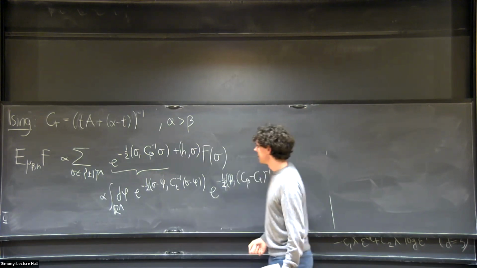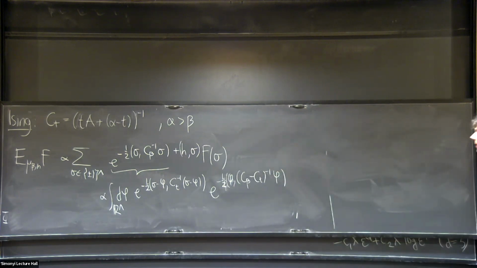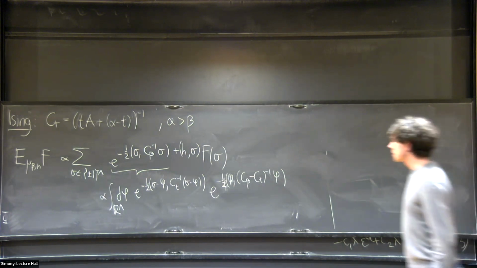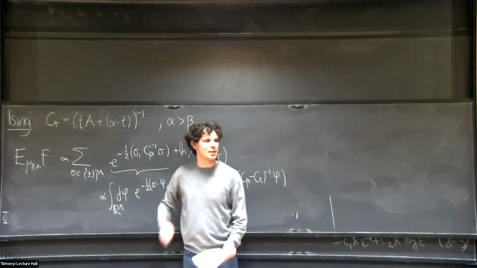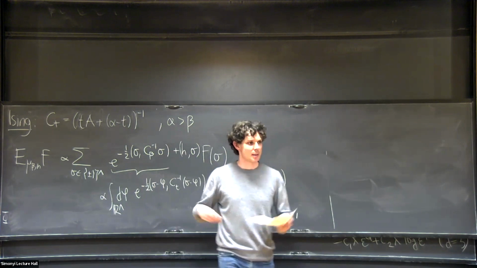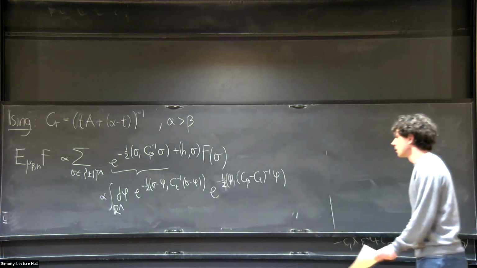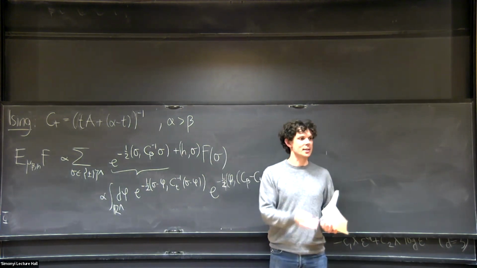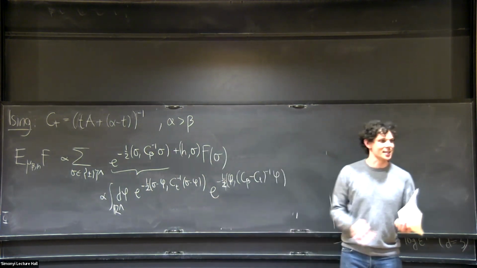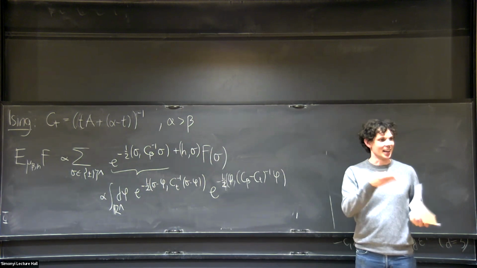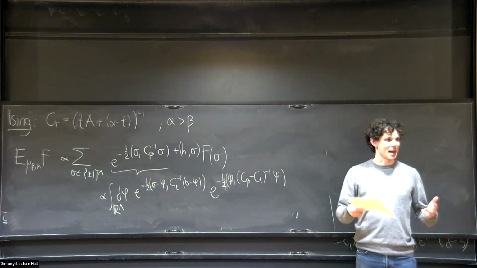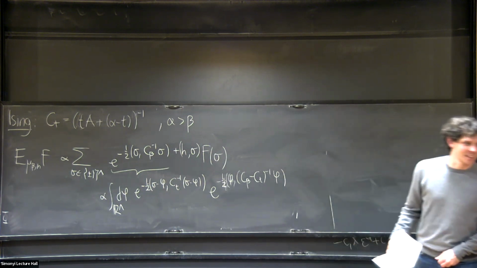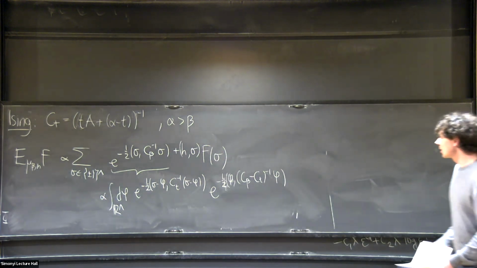So you sum over, so this is equal. Yeah, so this is proportional. There's some constant which is independent of sigma and phi. And you derive this, well, it's just the fact, if you have two Gaussians, you know this identity very well. It's the addition property of Gaussian measures. Yeah, that's all it is.